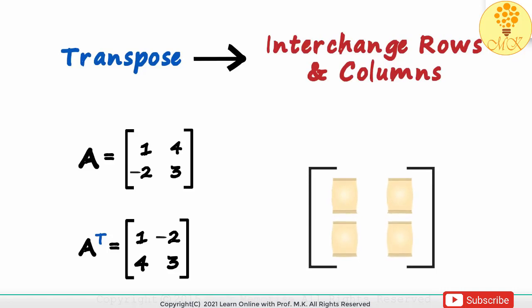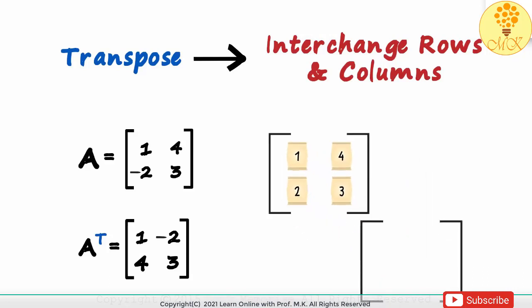Assume that there are 4 cement bags, 2 on top of the other 2. The top 2 bags weigh 1 kilogram and 4 kilograms, and the bottom 2 weigh 2 kilograms and 3 kilograms. Let's say we put a box underneath it. If we push the first row, the 4 kilo bag will fall here. And on pushing the 1 kilo bag, it will land on the 4 kilo bag.